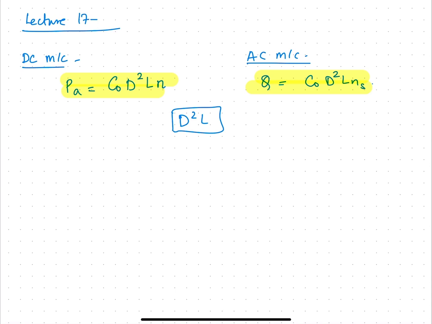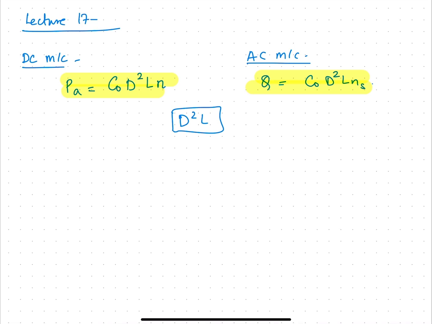This is lecture number 17 in this course on electric machine design. If you recall, in the last classes we talked about the output equations for the DC and AC machines, and